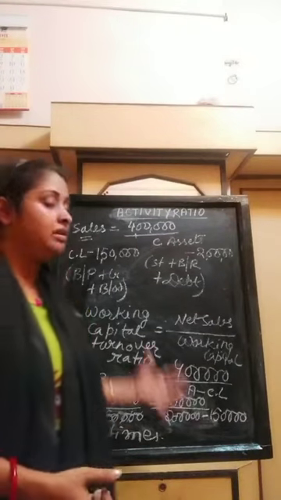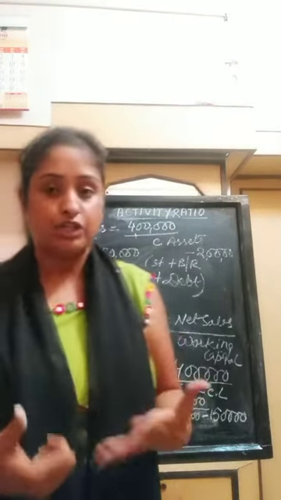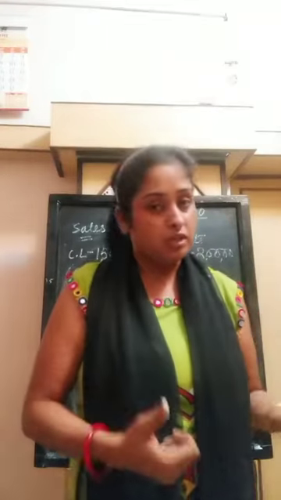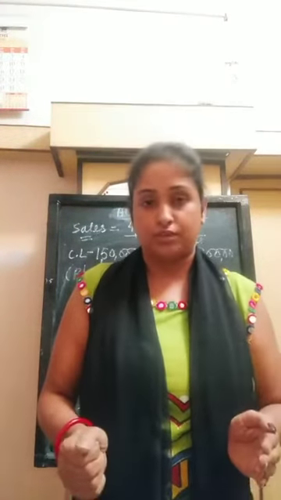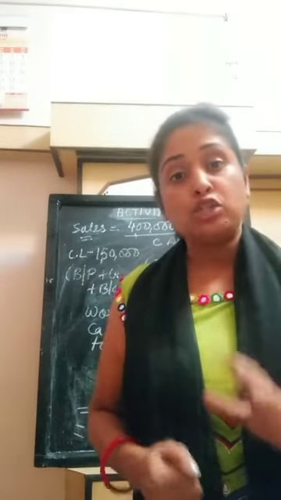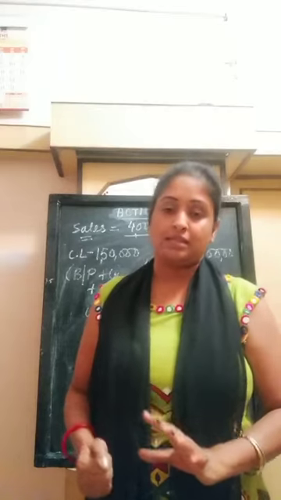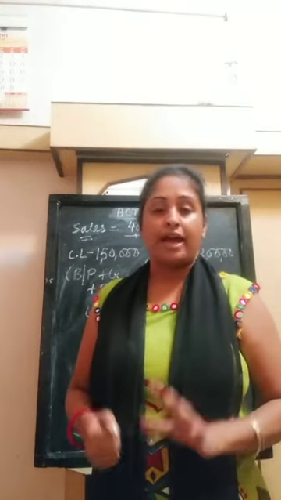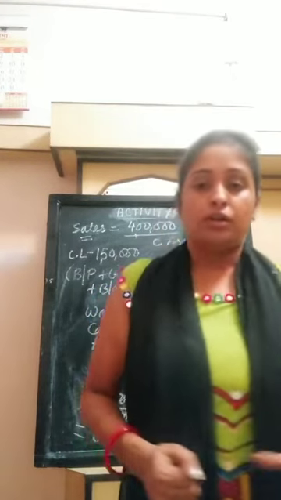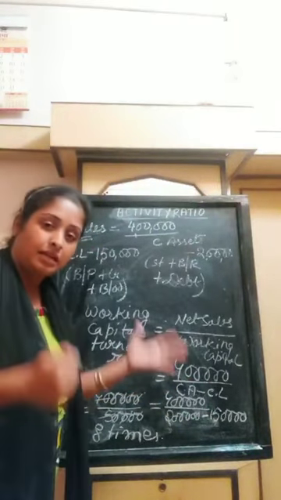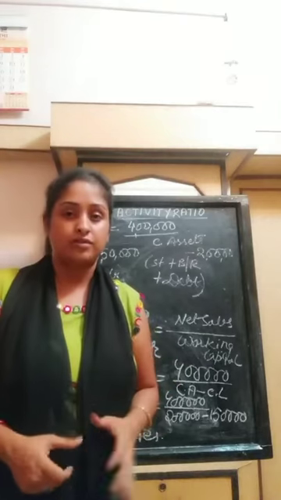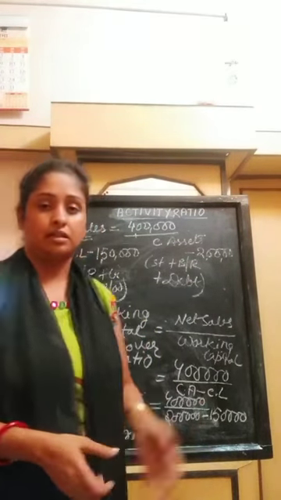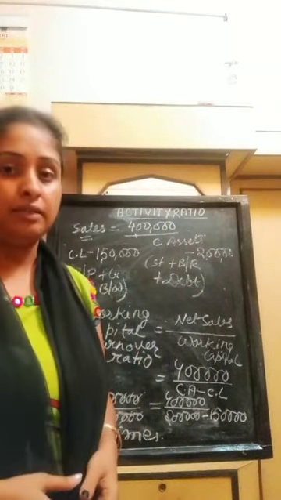So in this way we will find the working capital turnover ratio and the stock turnover ratio. These are just two important activity ratios. In my next class, I am going to show you two more important types of activity ratio, the debtors turnover ratio and creditors turnover ratio. So solve this sum, follow the class, download the PDF and do the homework. In the PDF you are going to get all sorts of sums of this category. Until then, thank you, goodbye.